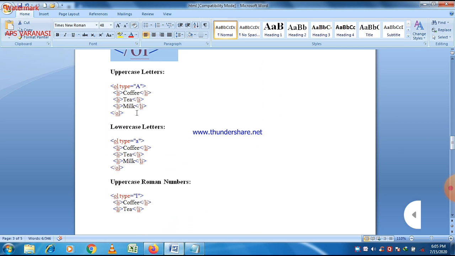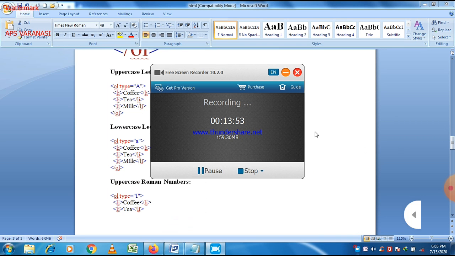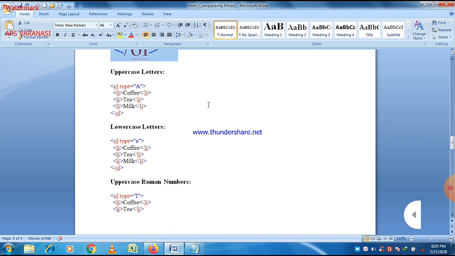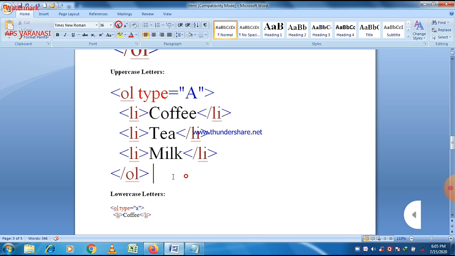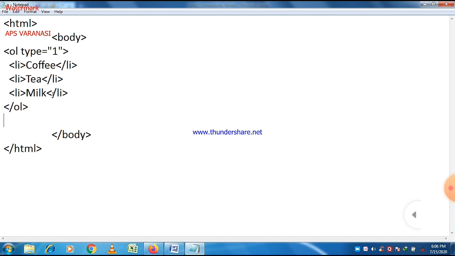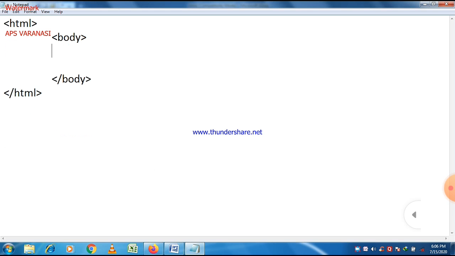If you want to put the list items with numbering in uppercase letters, then you can do that also, just copy it. Here I use copy paste operation because I want to save your time. You can write this program in Notepad and try to execute all these programs, and they will be successfully executed, and here you can easily see that.